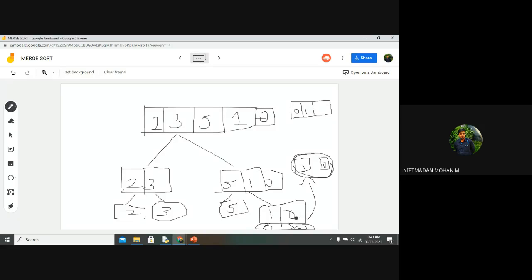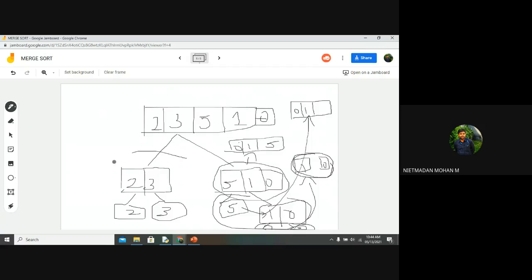And after that, which part will be executed? 5, sir. Based upon the 5, this 0 and 1 will be executed, right? So you want to check with the 0 and 1 also. And after this part, this will be the sorting method. In this stage, the sorted result will be like this: 0, 1, and 5. This is the sorted part.